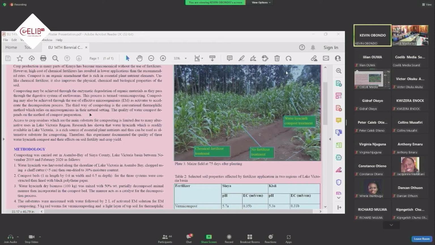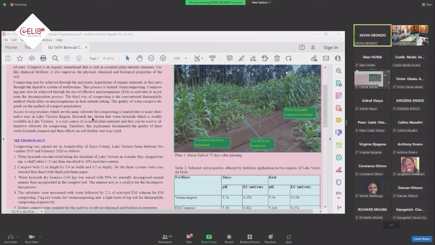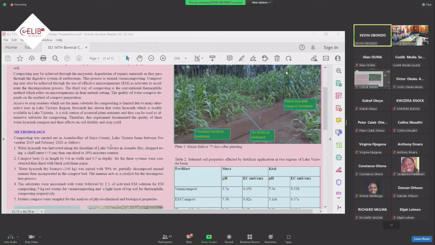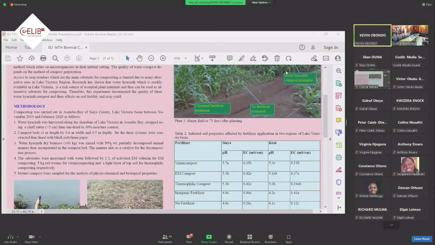When we talk about composting, we have a problem with access to organic residues, because some of them, like crop residues, we also use as livestock feeds and for other activities, and therefore getting them becomes a problem. And so we thought about using water hyacinth as a substitute. But again, water hyacinth has been a menace in the Lake Victoria region,